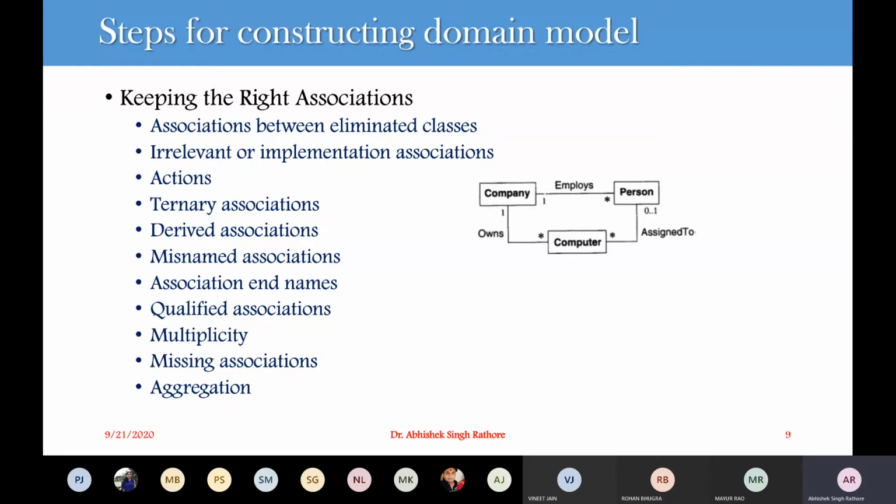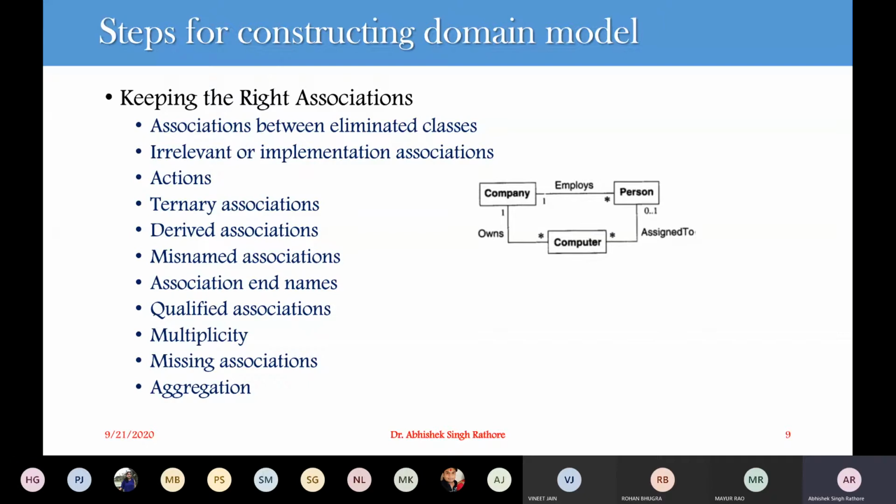For example, when we consider the ATM example that we started with, we can eliminate the banking network, that includes the cashier, the ATMs, ATM dispensers, cash, ATM print receipts, or bank provider. So these are some examples of associations that exist between your eliminated classes and the right classes.